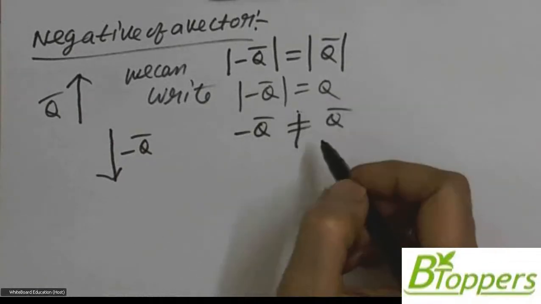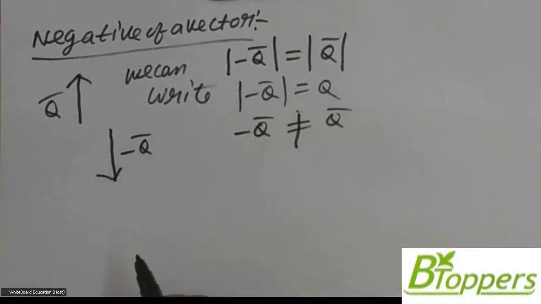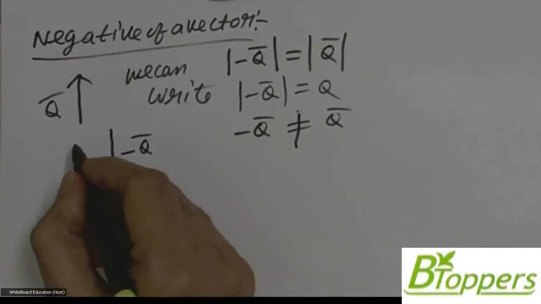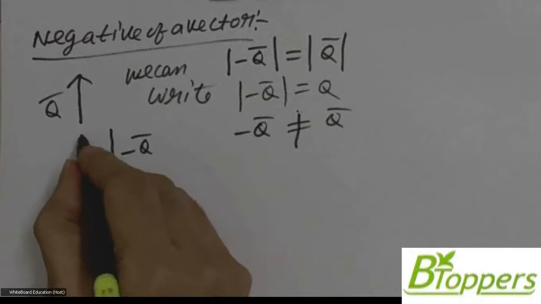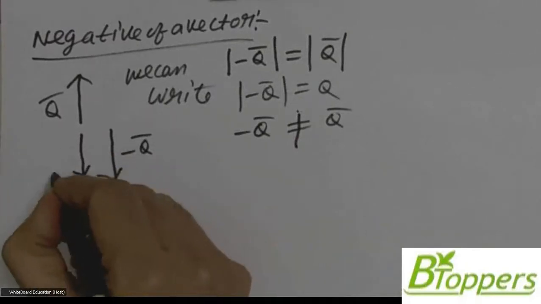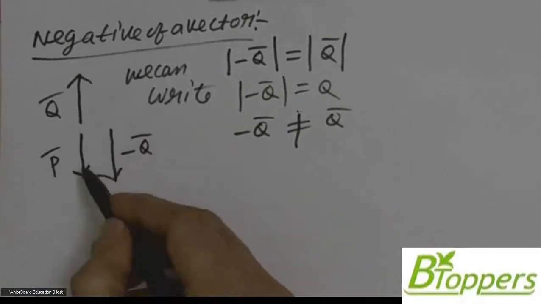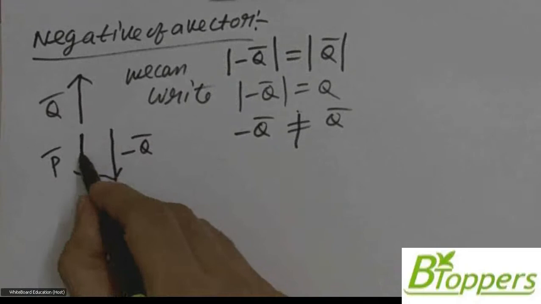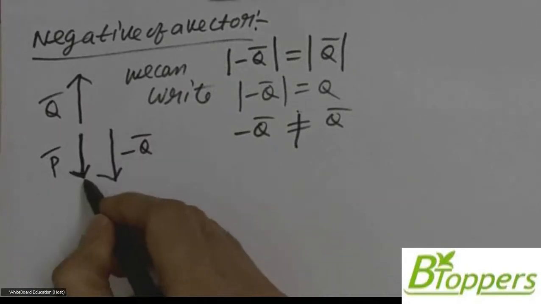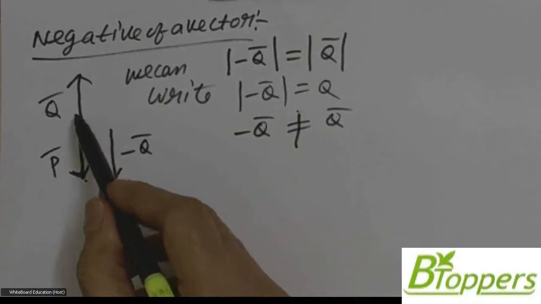Suppose two vectors p bar and q bar have the same magnitude but act in opposite directions, as indicated in the figure. That means the direction of p bar is opposite to the direction of q bar. From the definition of a negative vector,